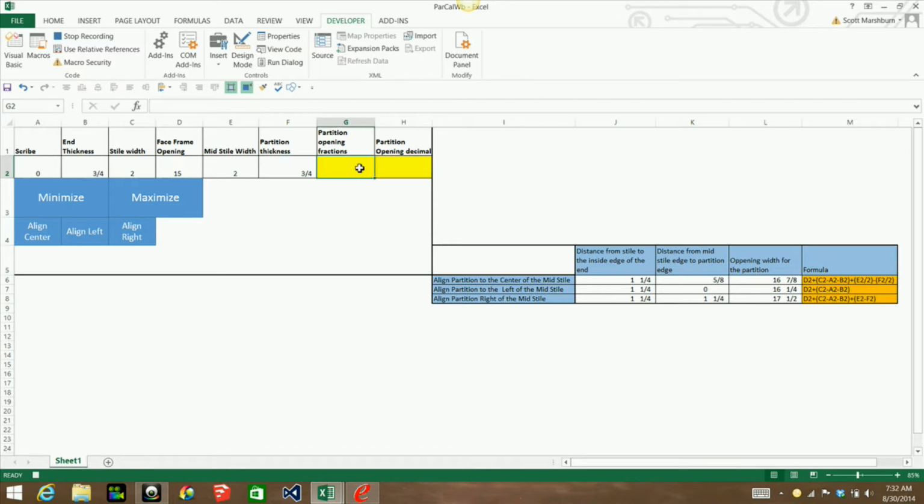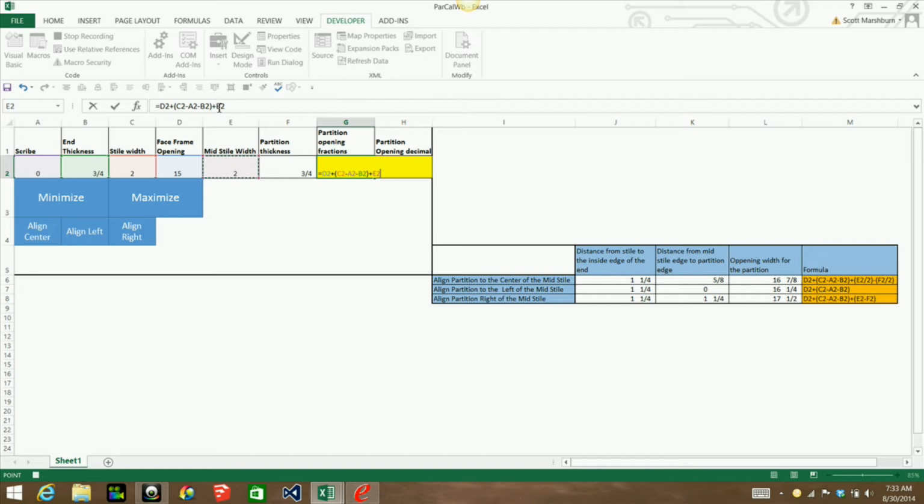And I'm going to start typing this formula right here, equals D2 plus, and parentheses, C2 minus A2 minus B2, in parentheses, plus E2,